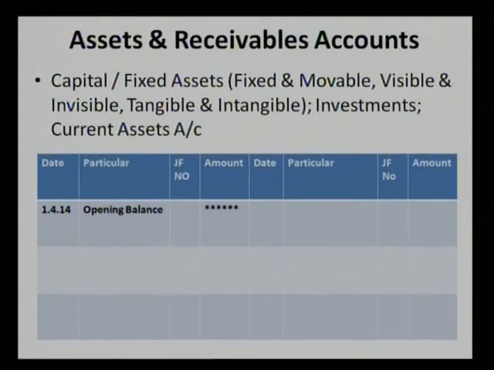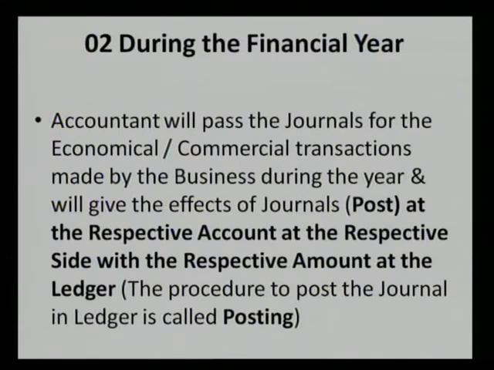year's financial balance sheet. So with the help of these two specimen accounts, we will be in a position to open all the accounts related with or were mentioned at the last year's or the previous year's final balance sheet, because we know that only either if they are the capital or the liabilities account, they have the credit balance, or if they were mentioned at the debit side or the right hand side of the balance sheet, they have the debit balances, so they are the assets and the receivables. So we are in a position to open all such accounts in the ledger, either with the debit balance or with the credit balance. Now again, look onto the screen.